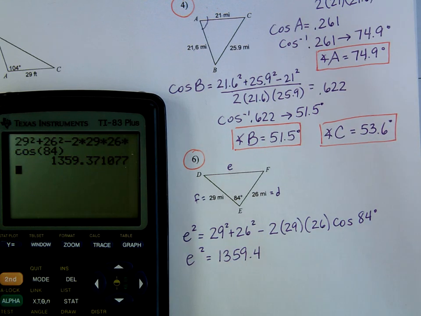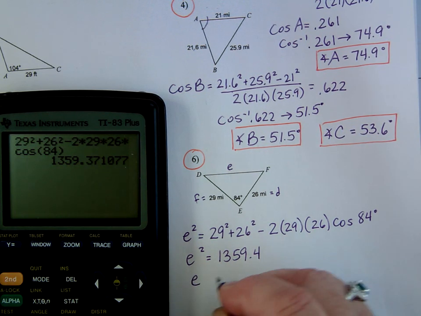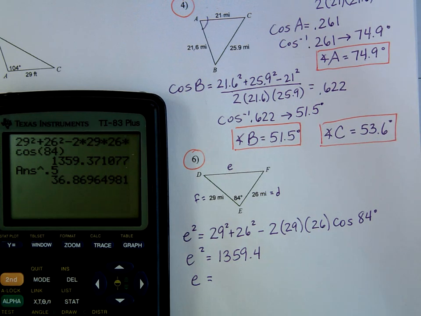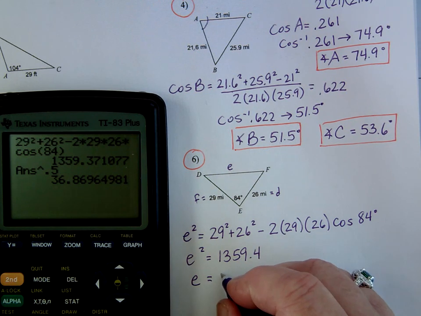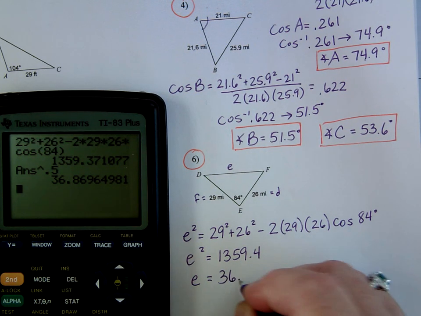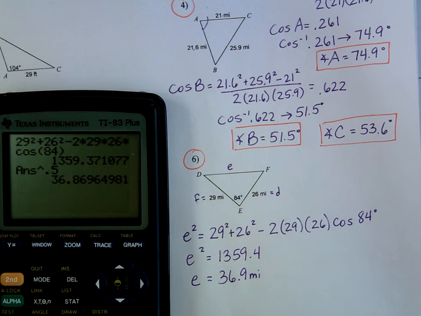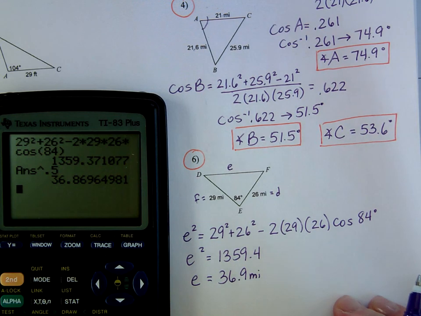And then I want the square root of that, because remember, this is what e squared equals. And I showed you on the intro video the easiest way to do that, since it's in your calculator just like this, is raise it to the 1/2 power. That's the same thing as taking the square root. So if I raise it to the 0.5 power, here it is. My lovely side e is 36.9. That would be miles, because they gave me units on this one. And that's it. So there's my little e,